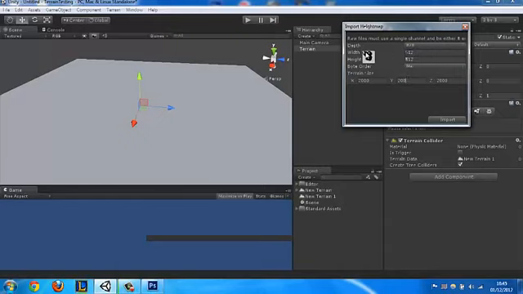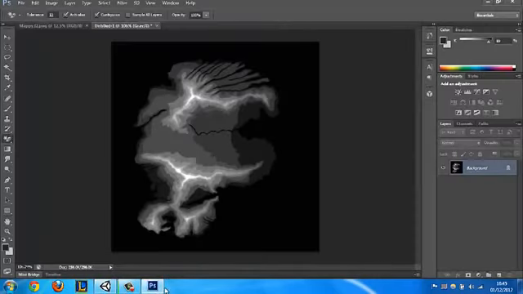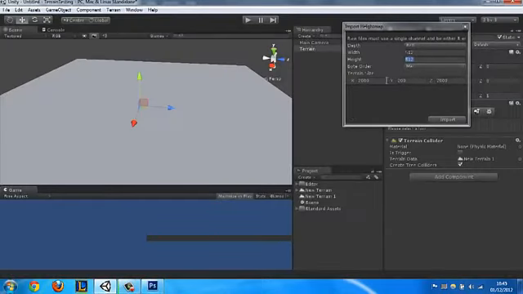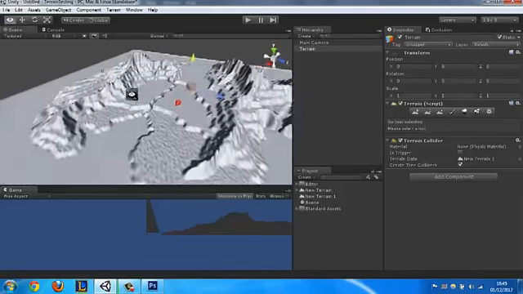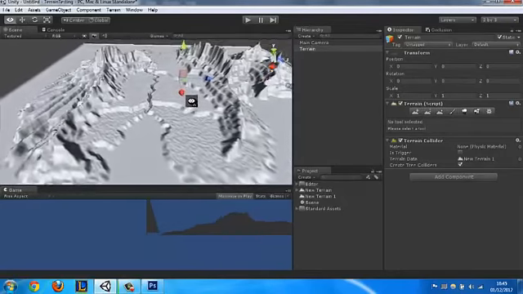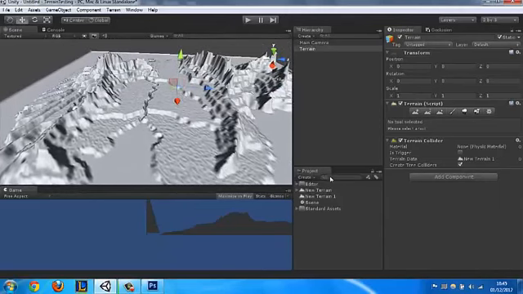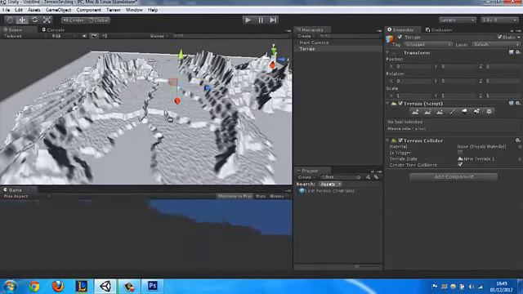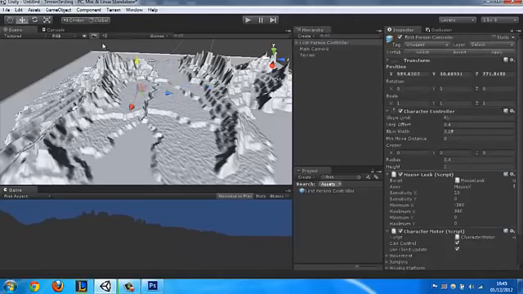Make this 8-bit with 512 by 512, which is the resolution of this image. Alright. Leave it as Mac and import. There you go, guys. You can now have your nice looking island. But first, we need to smooth it, because as you can see,